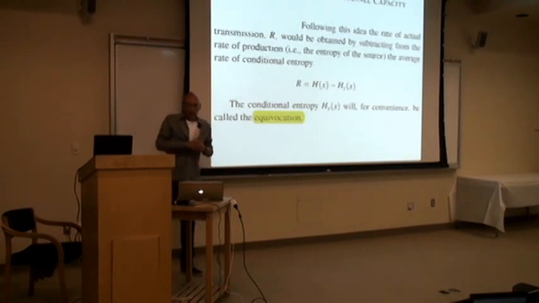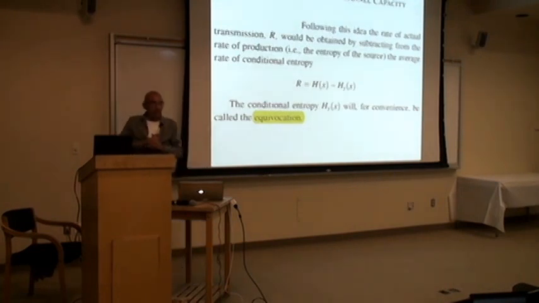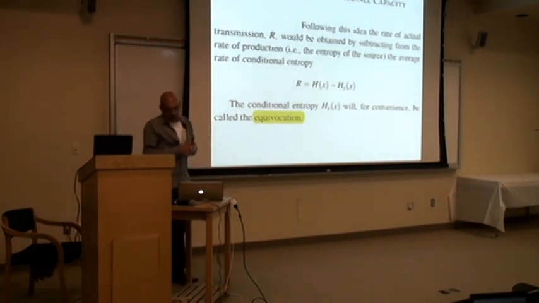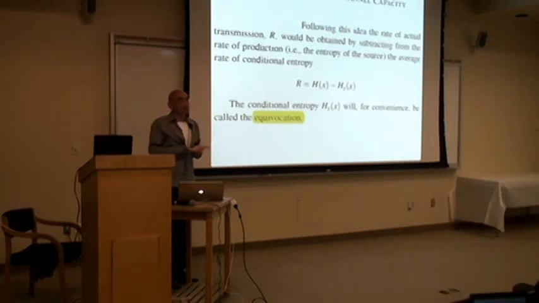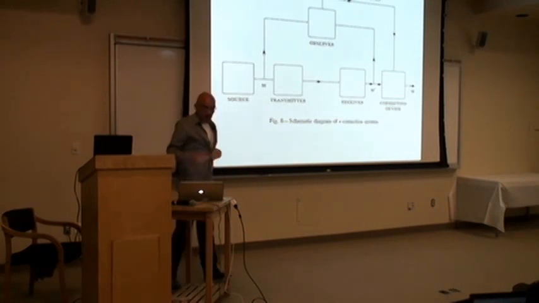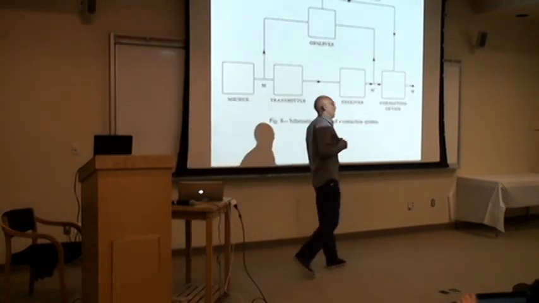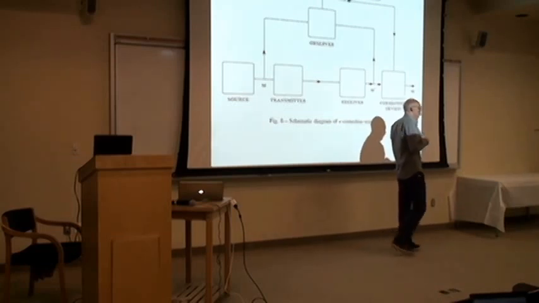Okay, so now we come to channel capacity, and then he defines unconditional minus conditional entropy. He doesn't define that as the mutual information. He likes to call it the rate in that paper. All right, and then he explains the role of this